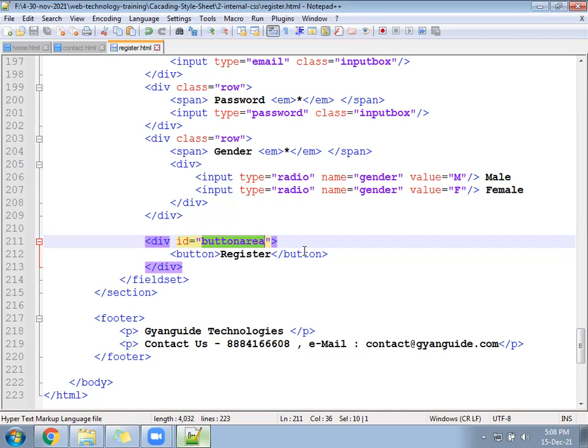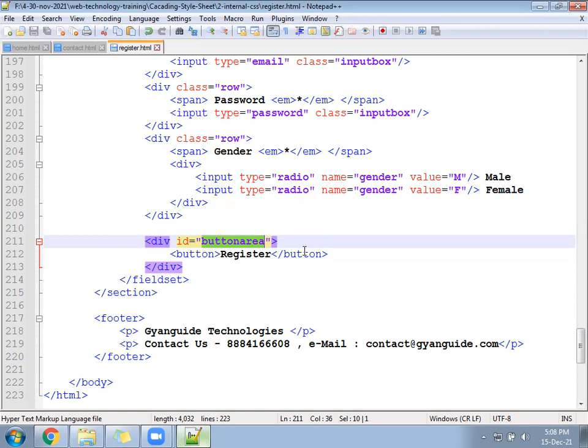ID equal to button area, and button open close. There we wrote a register. Hope we are writing some CSS. Button should come exactly in the middle. What CSS we wrote? Anyone can send in chat.